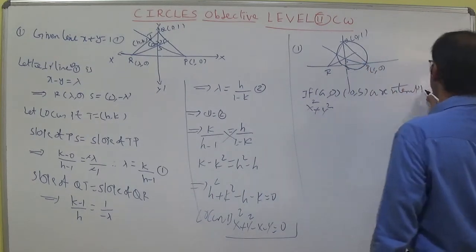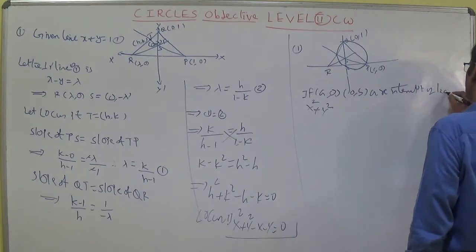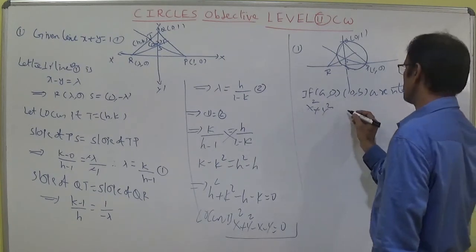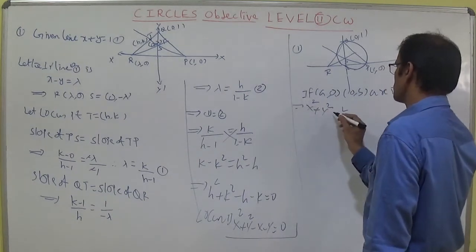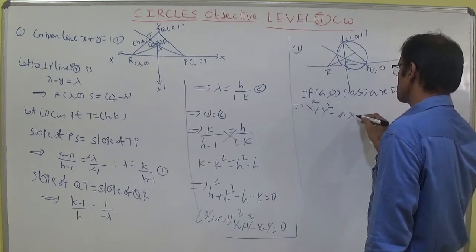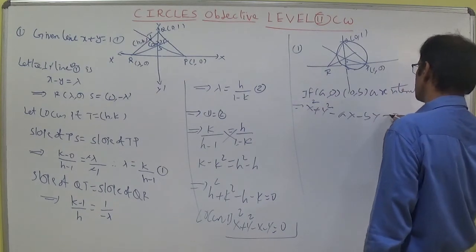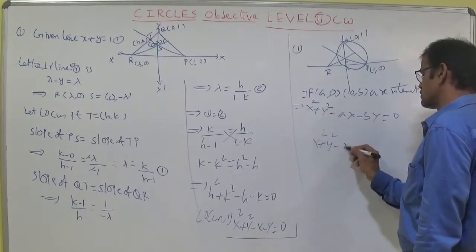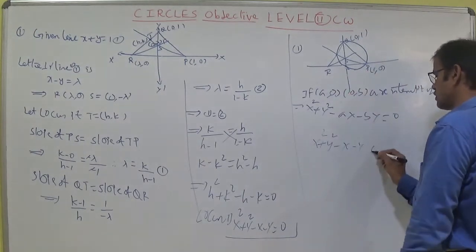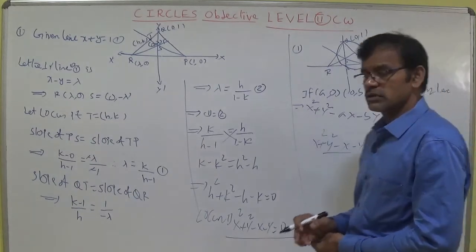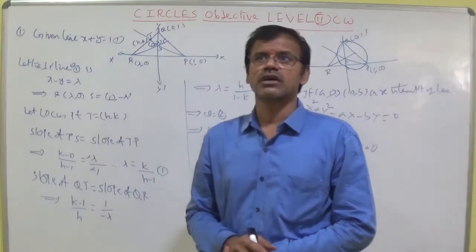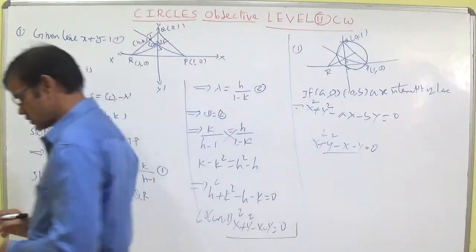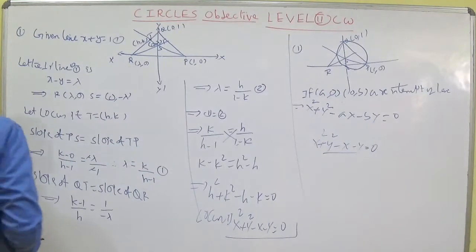Draw like this, the intercepts of the line. Then the equation of the circle formula is x square plus y square minus ax minus by equal to 0. So you can write directly x square plus y square minus x minus y equal to 0, since a is 1 and b is 1. Otherwise, directly using (1, 1), x square plus y square minus x minus y equal to 0. Okay, let us discuss the next question.